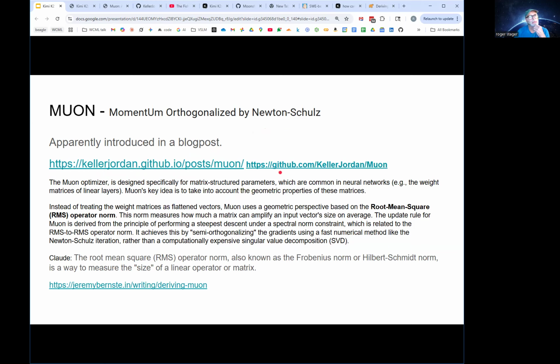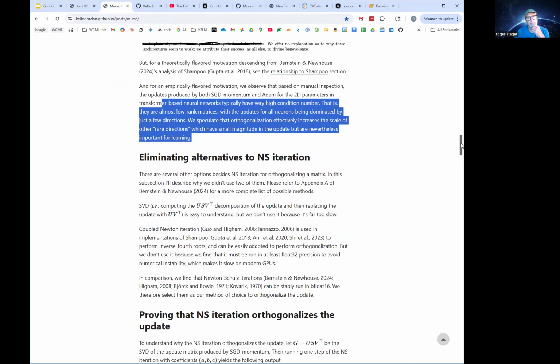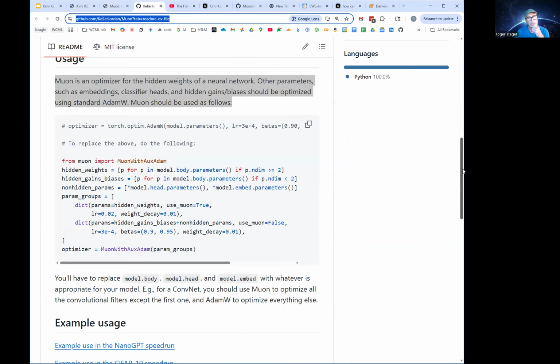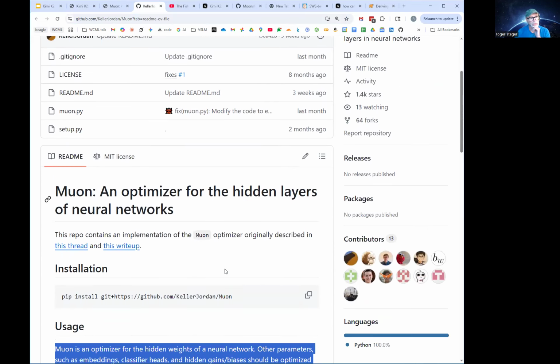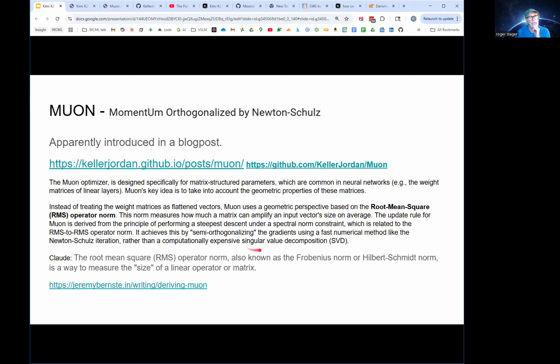He's got, which I think I brought up, this was the blog post, I think. And he also has a repository where he goes through that. So anyhow, and again, I'm not sure, I think I'm going to have to dive into this more, but I'm not sure if it's